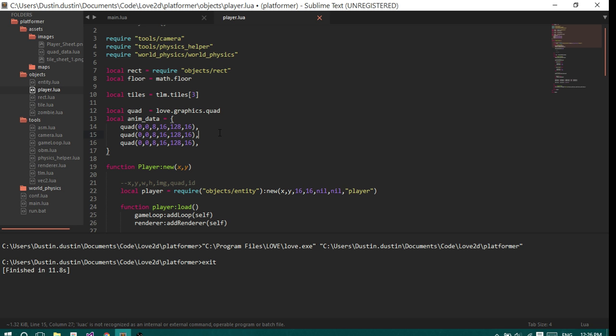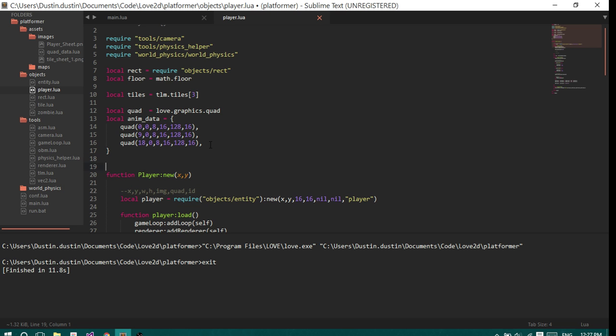So I'm just going to copy this a couple times, because the rest of the data is fine. Then it's 9 pixels over and 18. There we go, because there's a 1 pixel buffer. So that should be all our animation frames. Now let's create the image. Let's say local image is equal to love.graphics.newImage. And it's located in assets, images, and then it's player